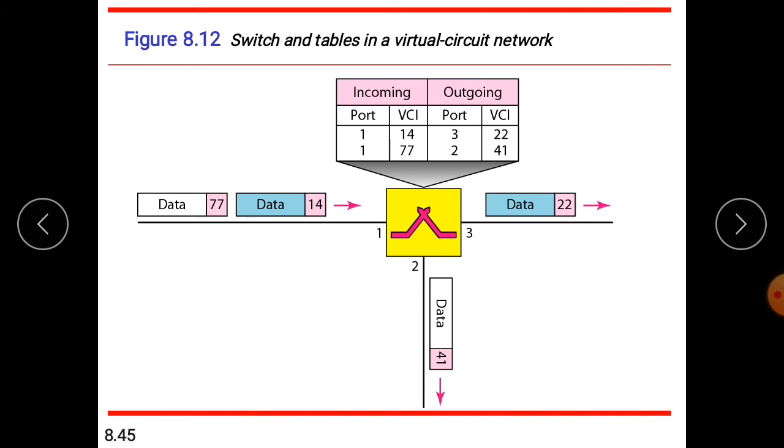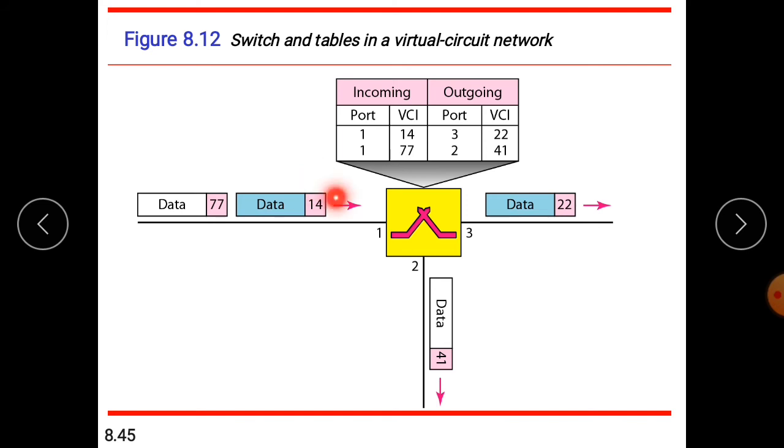Here each table will have 4 entries: for incoming, port number and virtual circuit identifier; for outgoing, port number and virtual circuit identifier. So here a frame is arriving at port 1 with a virtual circuit identifier 14.